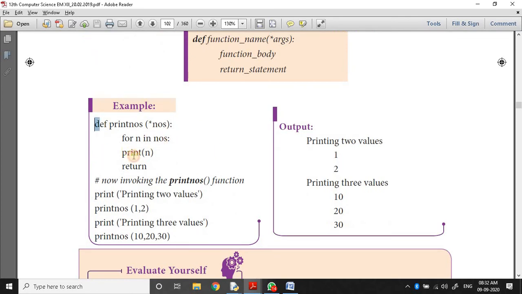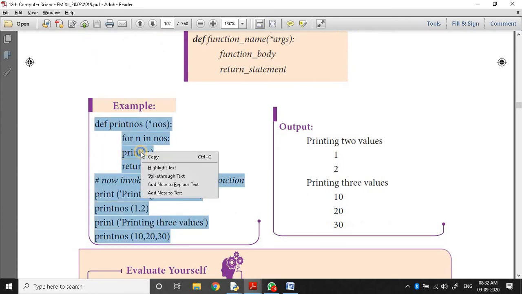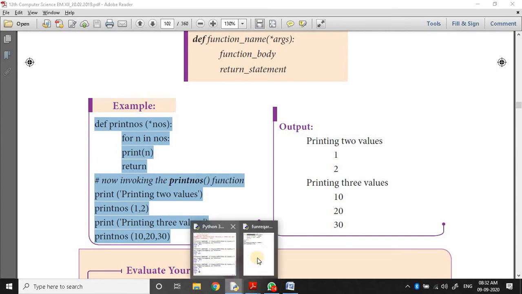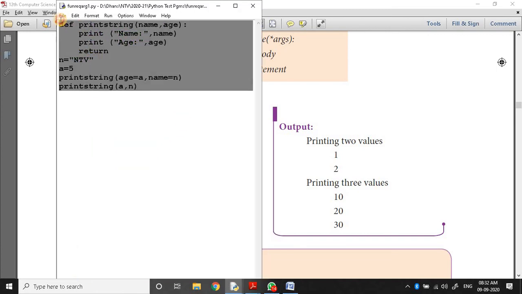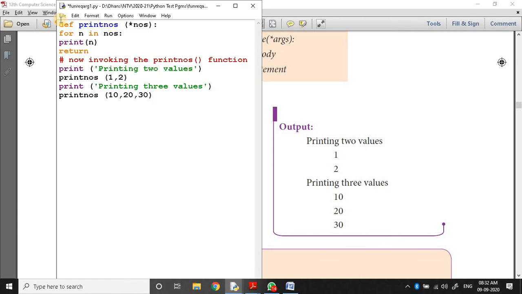Based on this example program, I illustrate how to execute it with different arguments. I execute the same one.